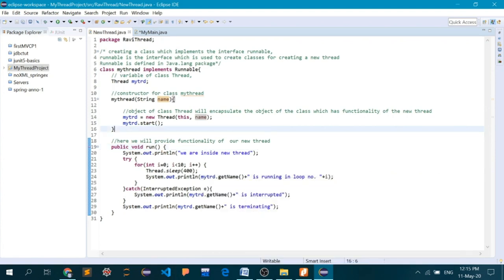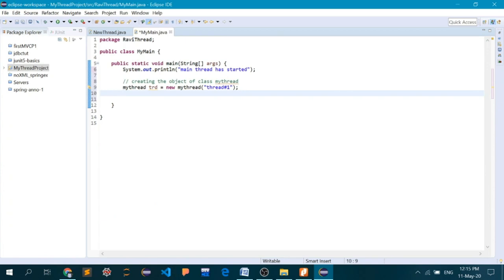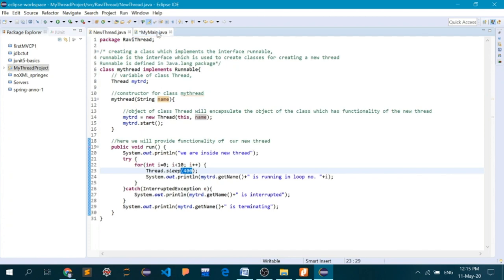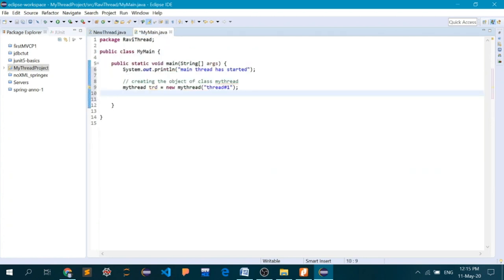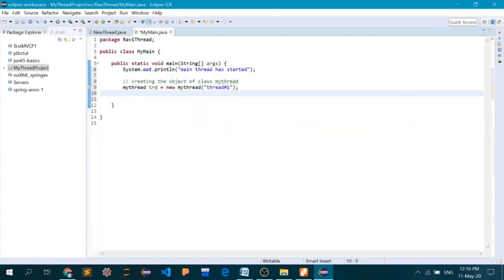But the problem is that this thread will last for 4000 milliseconds. So my main thread must terminate after that. Now how can we do that? As we have done in this class, the main thread can also use the thread class, so all the methods used here can be used in the main thread also.